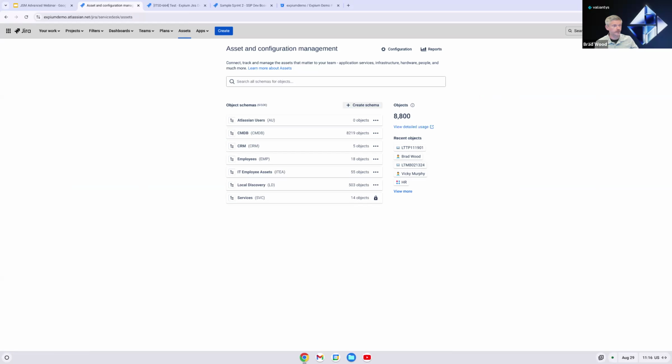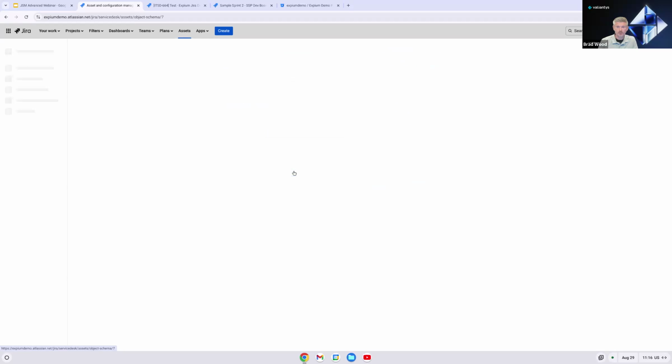And assets is a really scalable and robust tool, and it can be configured in a variety of ways. So here we see all of our different object schemas, which contain different types of objects, and a schema is really just a collection of objects. So we can see we've got several different things configured here. The IT employee assets schema contains all of the object types that we have created that can be assigned to an individual employee. So I'll click into this schema,